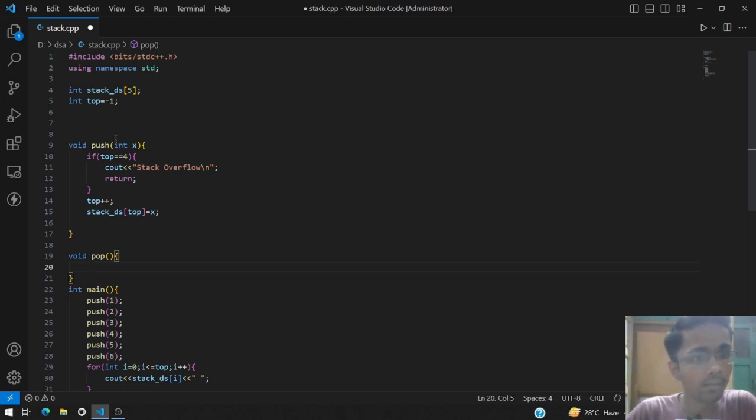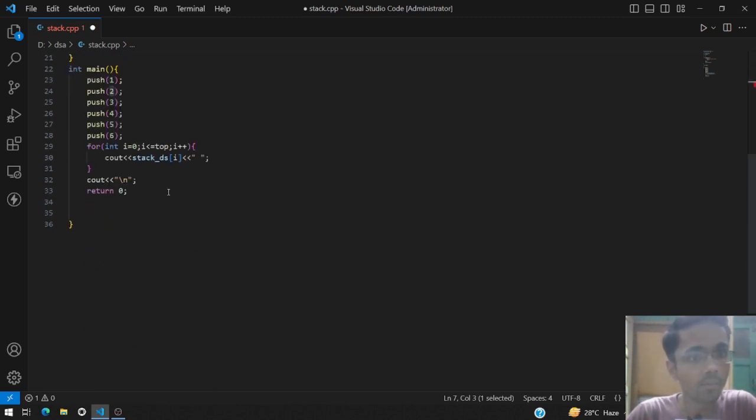So again, let's see with the help of an example. Let's say we have 3 elements inside the stack currently. So our top pointer would be pointing to this 3rd element. To pop this element, we just want to decrease our top pointer from element 3 to element 2. We are not actually deleting this element, but we are limiting our top pointer to be till the first index only.